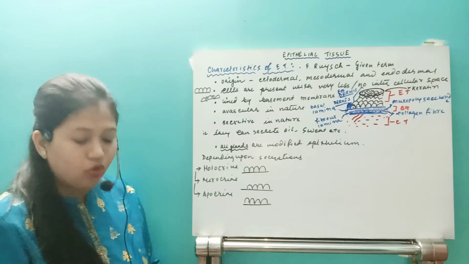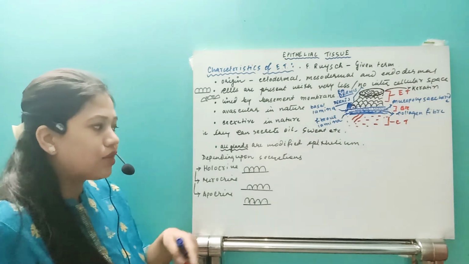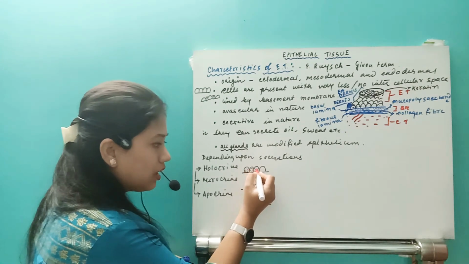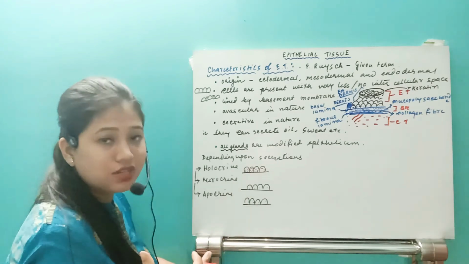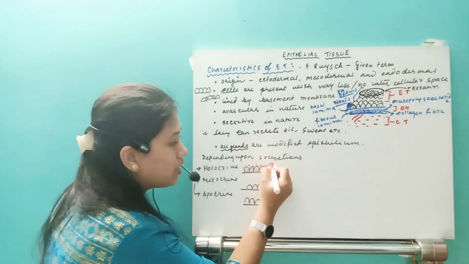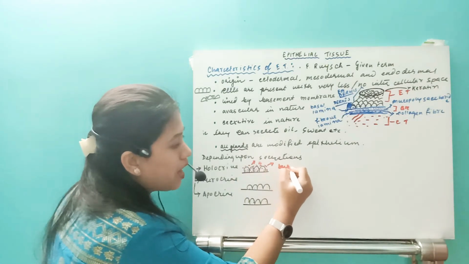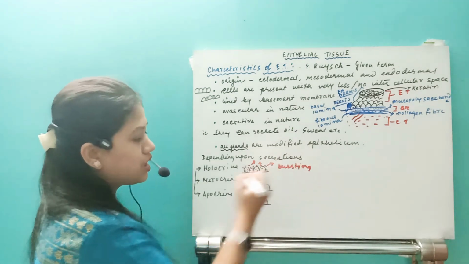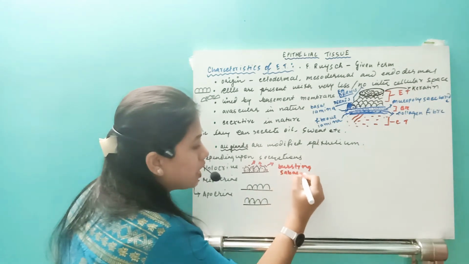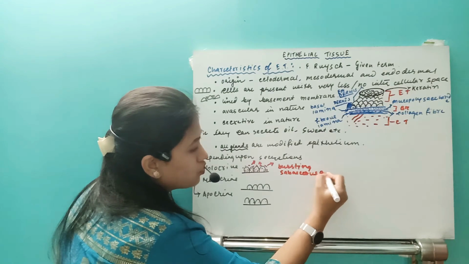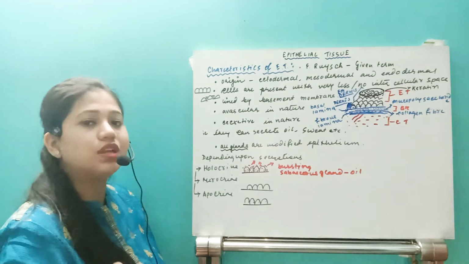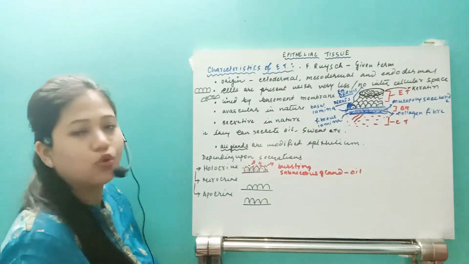Now, if it comes to the holocrine gland, remember how it can secrete its secretion. Suppose the secretion is present here inside the cell. Now, what will happen whenever they have to secrete its secretion? The cells will burst, and then it can secrete its secretion. So, by bursting it can secrete its secretion. One example of holocrine gland is sebaceous gland, which is secreting the oil. The cell has to burst first, and after that it can secrete its secretion. So this is a type of holocrine gland.